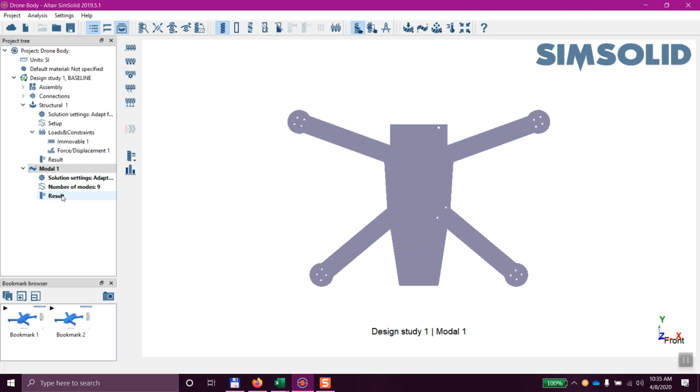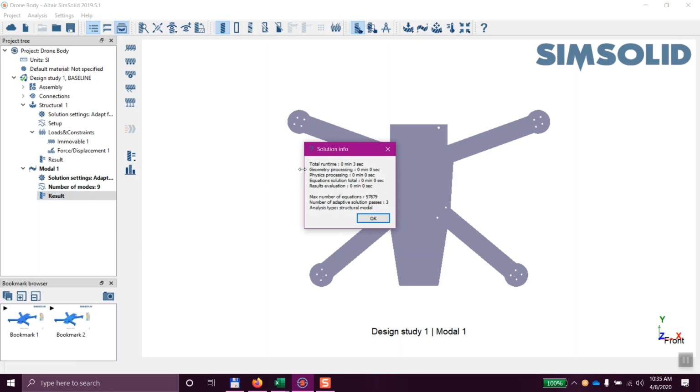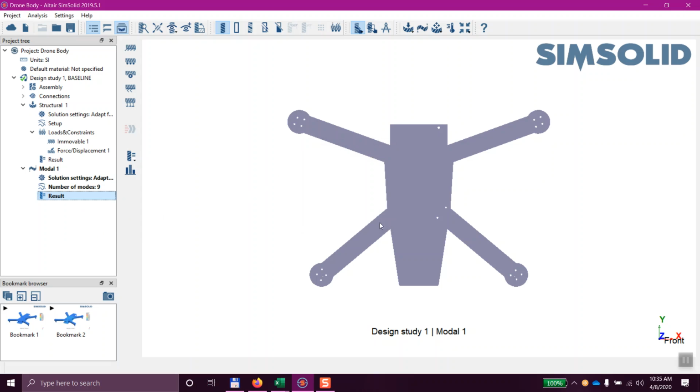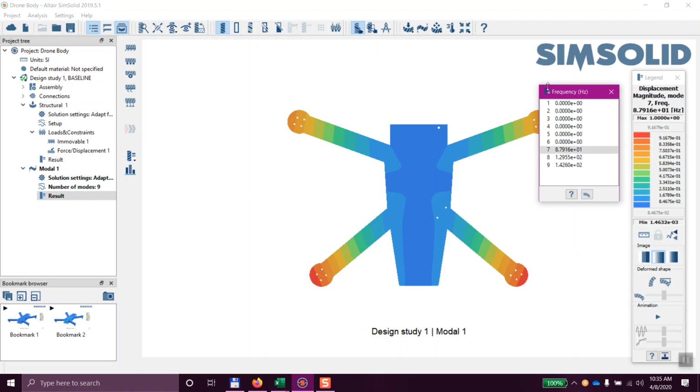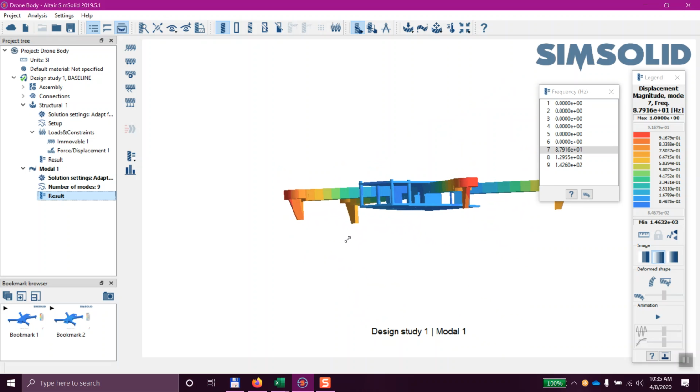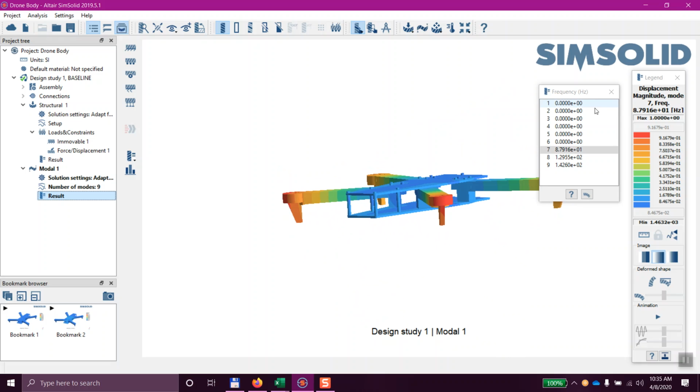and again, as quick as that, we can take a look here, Info. This one took another whopping 3 seconds, and now I can look at the results here. So displacement magnitude, and we can see the different frequencies. Now it looks like the first 4 or the first 6 frequencies are rigid body modes, not uncommon, since this was not a constrained modal analysis, it was a free modal analysis. That's the